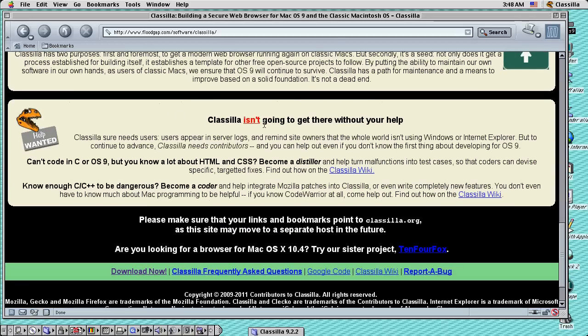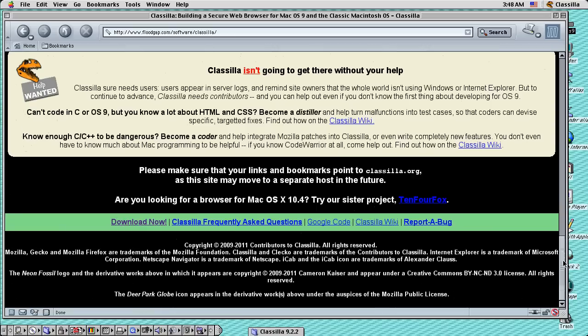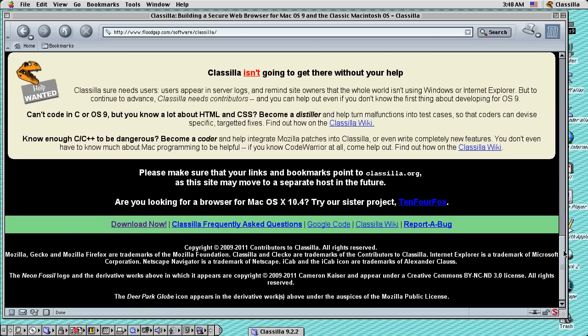And Classilla isn't going to get there without your help. There's still a lot of people who maybe need a lot of help to get together. That's the purpose of open source, to just gather everyone and be able to work on one project or several projects. And a little bit, if you want to go further